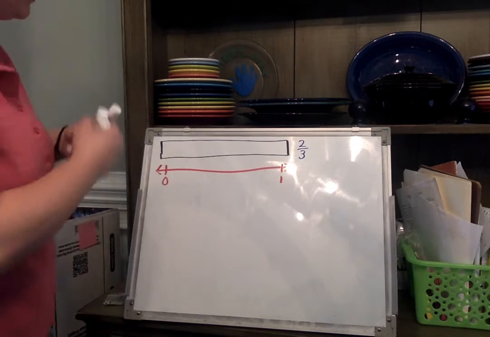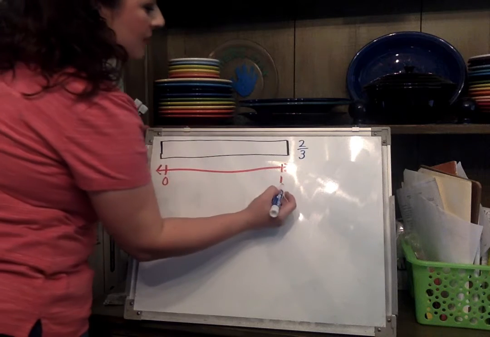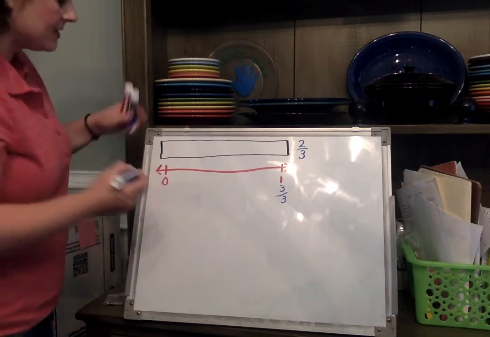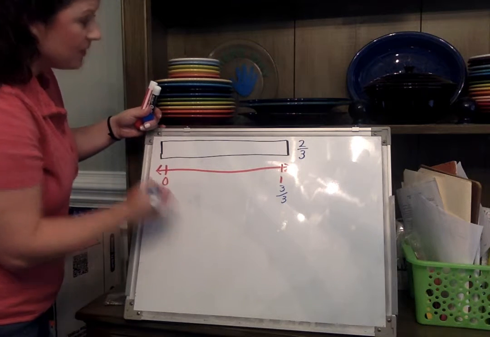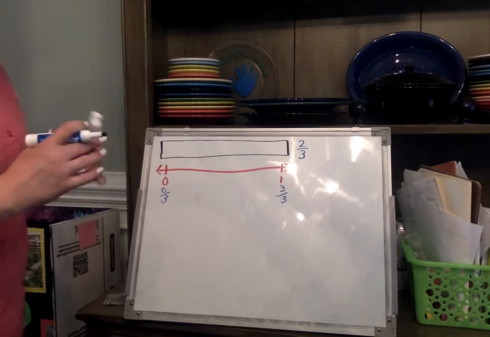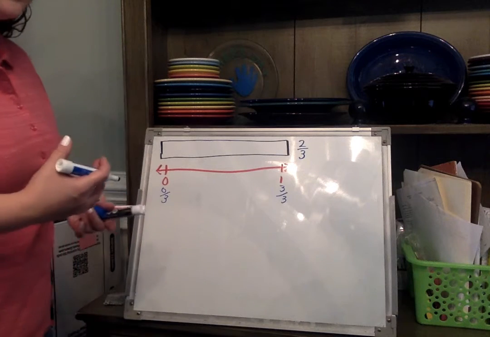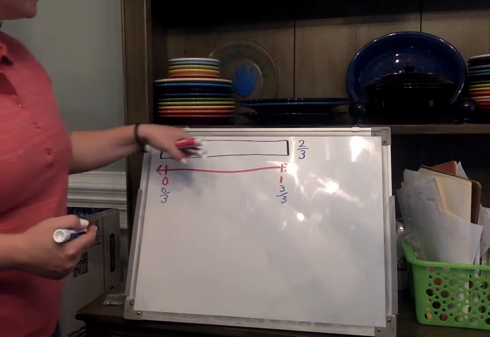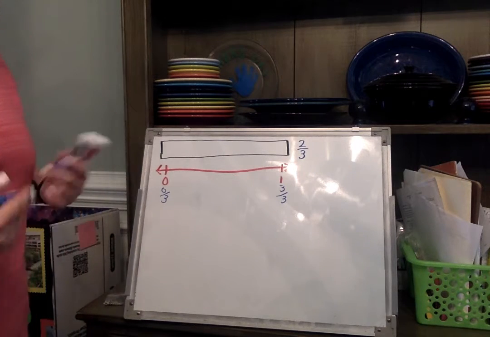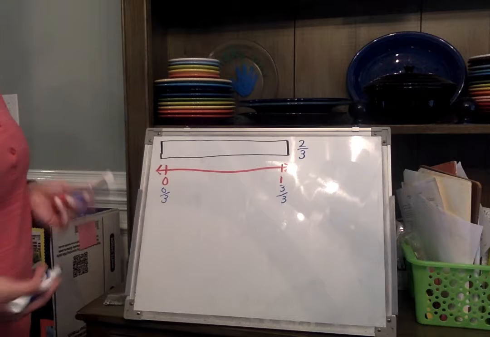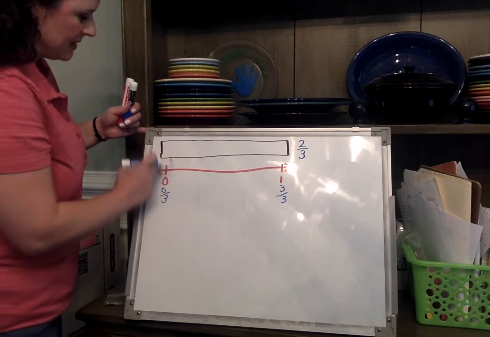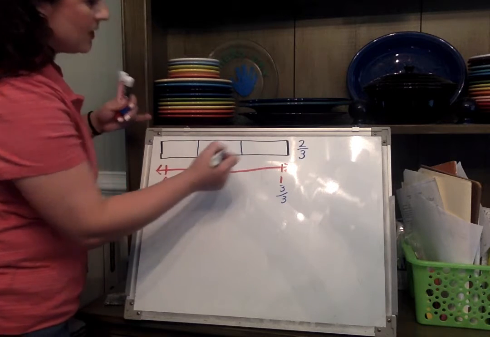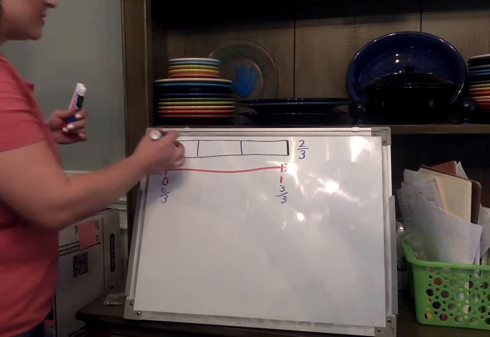Well, I know on this number line, if I'm going to be dividing it in thirds, 1 whole would be represented by 3/3, and 0 would be represented by 0/3. Now I need to divide this into thirds, and I don't feel confident enough yet to just divide a number line. So I'm going to use my tape diagram. How many pieces do I need? 3. And really my tape diagram should line up with this, but I'm doing the best I can. 3 pieces. Each piece represents a